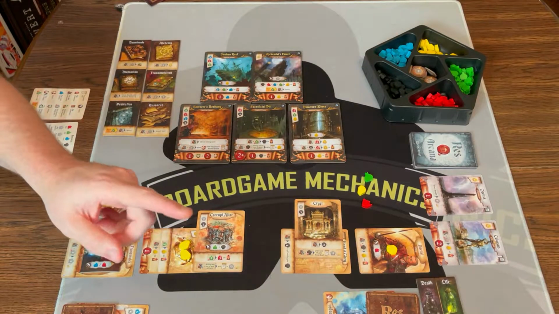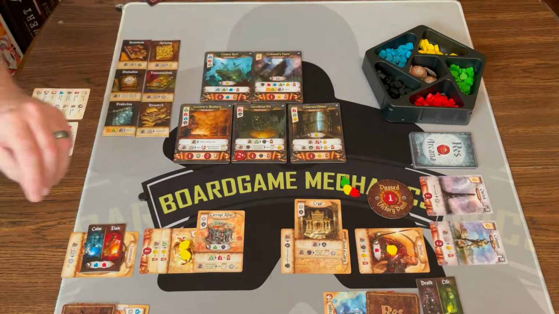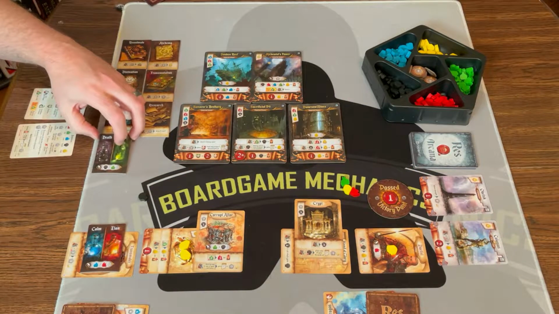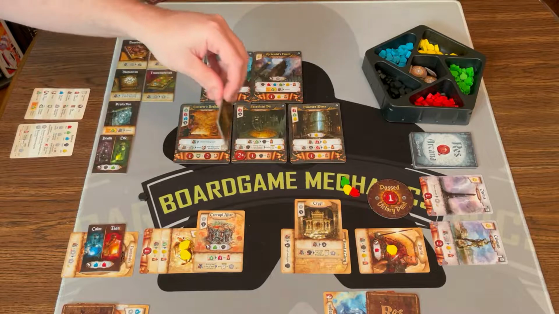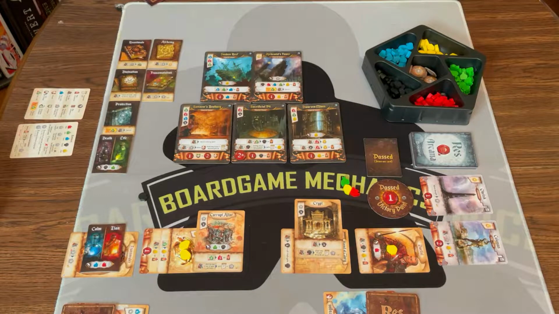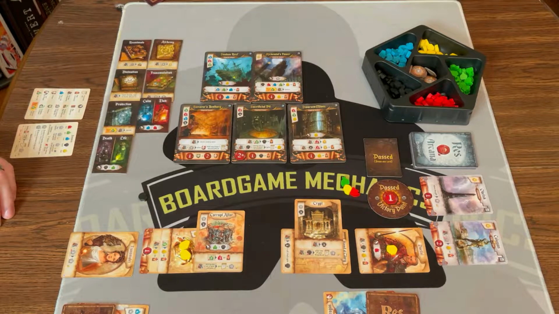Done. And they're actually going to pass. So when you pass, what happens is you take the first player marker. You become first player to pass. And then you're going to switch your magic item with another one. And they're going to take this one. And I think they're going to do alchemy. Oh, no. Let's do this one. They want to draw a card. So they're going to take that one. And then I'm going to pass as well. So I'll get rid of this. I actually want to take...